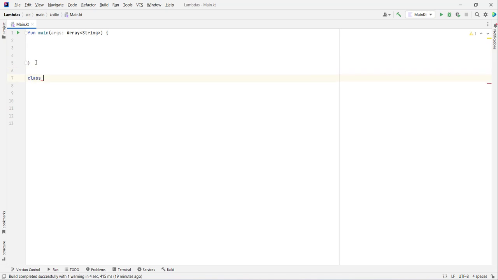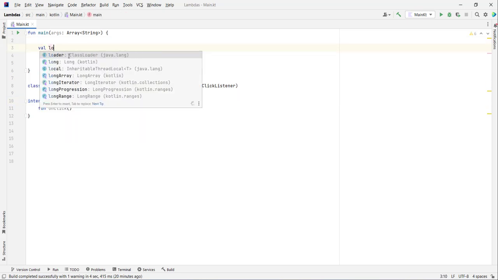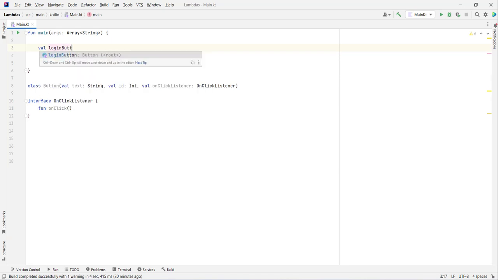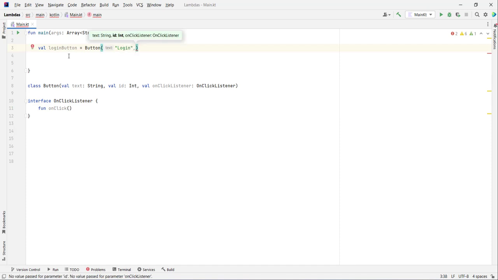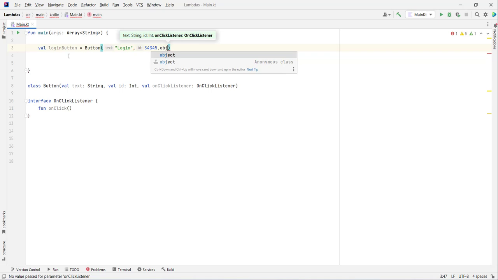So I'm gonna type class Button. This is the code that we had in the video when we talked about object expressions. Now I'm gonna create here the two buttons, val loginButton. It's gonna be a Button, it's gonna have the login text, the ID is gonna be a random number, and here you need to type the on-click listener, and here I'm gonna type object,